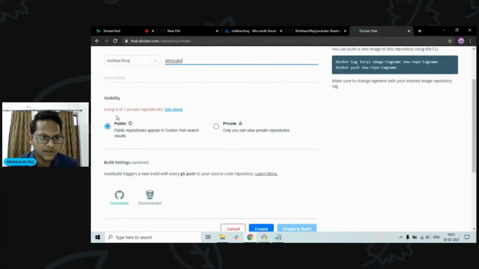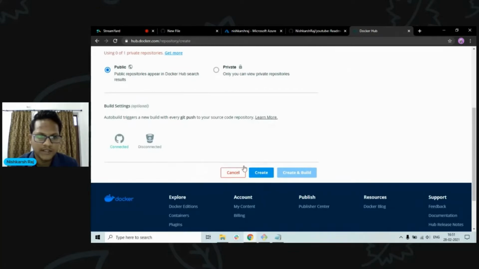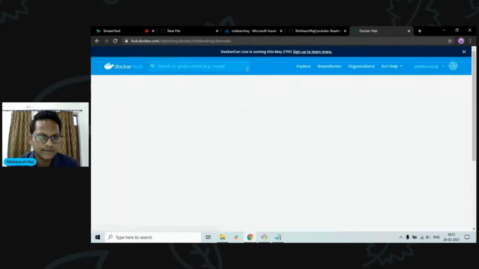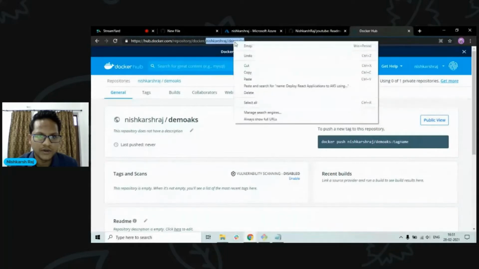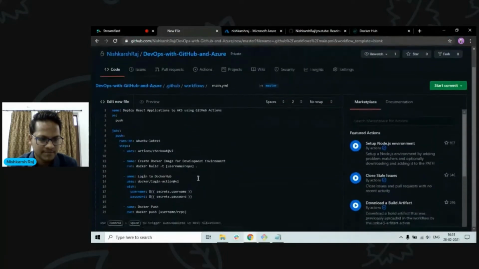Created as a public repository. For free, you are getting only one private repository. But when you are using private repository, you have to provide authentication whenever you are pulling it as well. Let's click on create. And then copy this, sorry, not URL, but your username / your repository name, and replace it here.